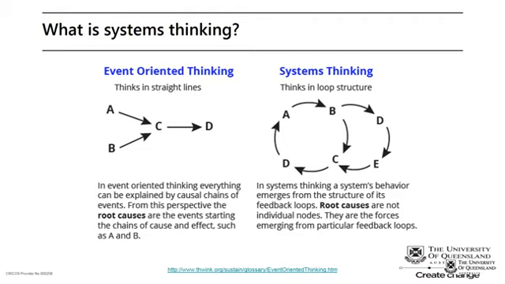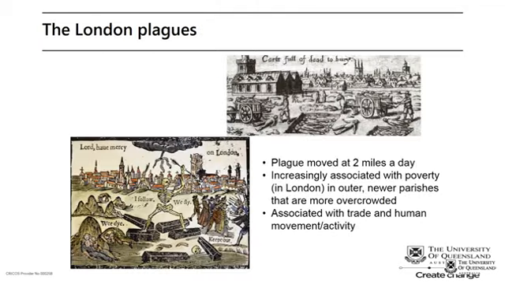events as loops. So there are loops where things are getting worse, so reinforcing loops, as well as feedback loops that moderate the behaviour of the system. And so therefore we're looking at the causal relationships within the system, not just things in